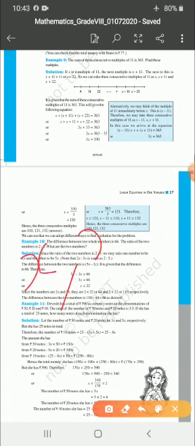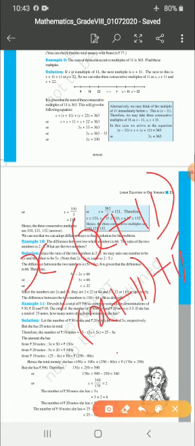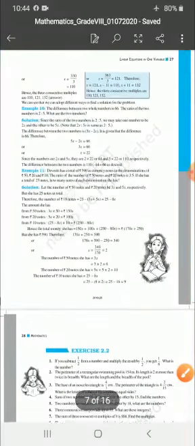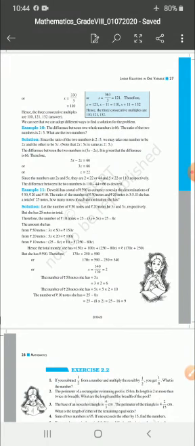The next number will be x plus 11 surely, right? The next multiple will be x plus 11 plus 11 again, that is nothing but x plus 22. So in this way I have taken x, x plus 11 and x plus 22 as the three consecutive multiples of 11, and the sum should be equal to 363 as he has given in the question. So when I solved it, I got the x value as 110. When you substitute this x value in the remaining terms, x plus 11 and x plus 22, we get 121 and 132.